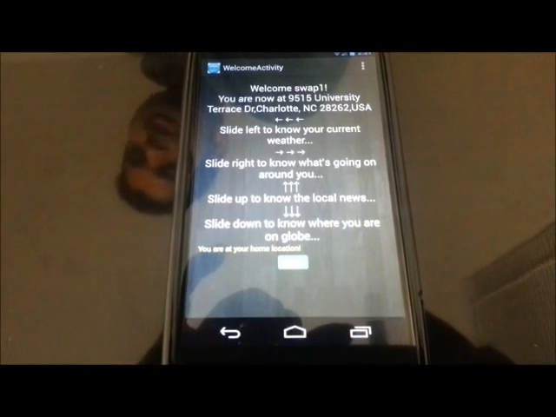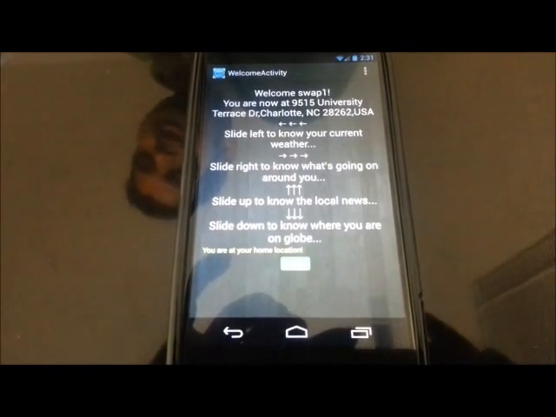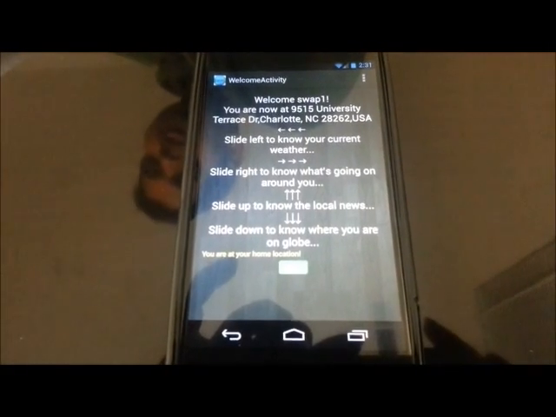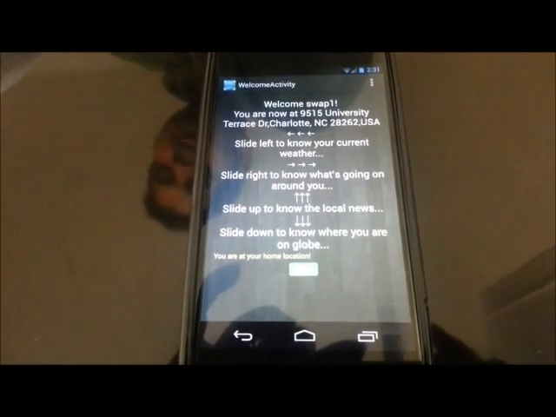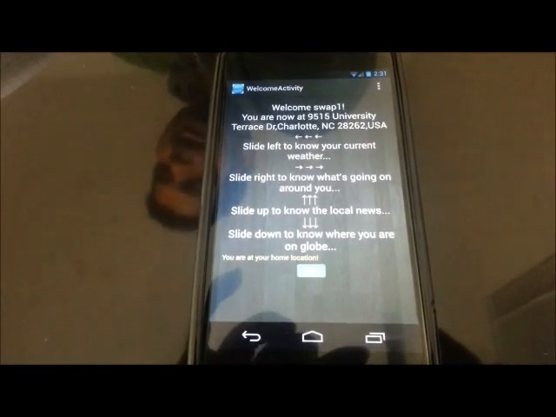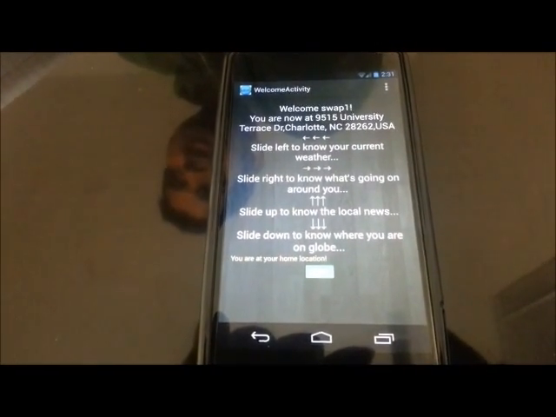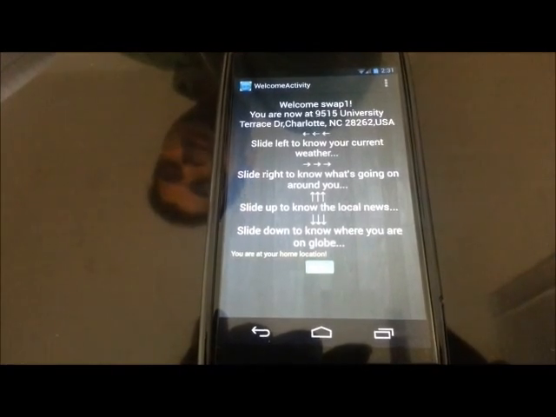We have seen all the features of the app. I'll just talk briefly about the things that we have actually used here. We have used APIs, namely the weather.com API, the New York Times API, and the Eventful API for this app. We have used JSON parsing for getting data from the API.